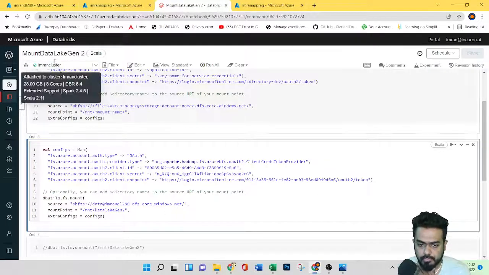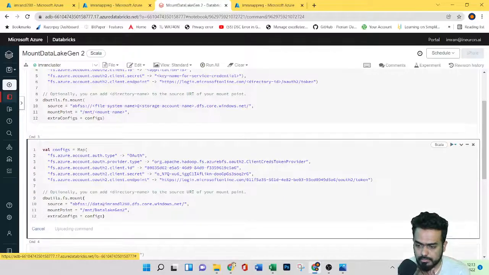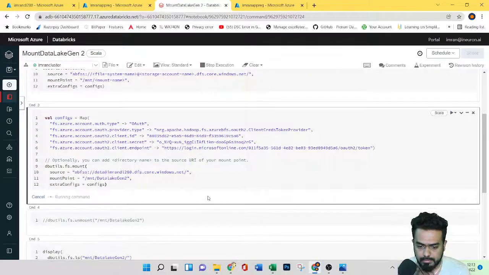Fine. Now I've just attached the cluster. Let's try to run this.